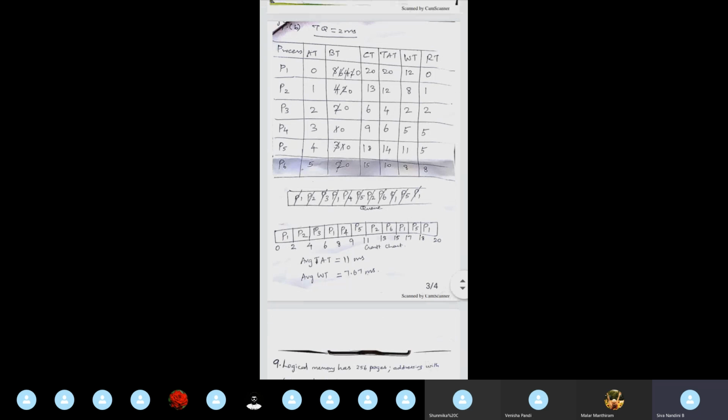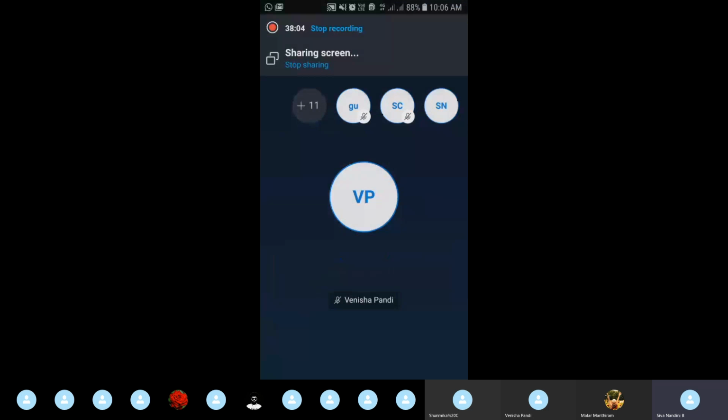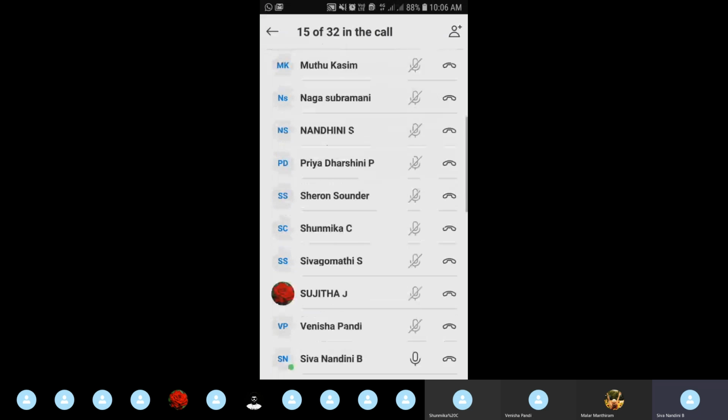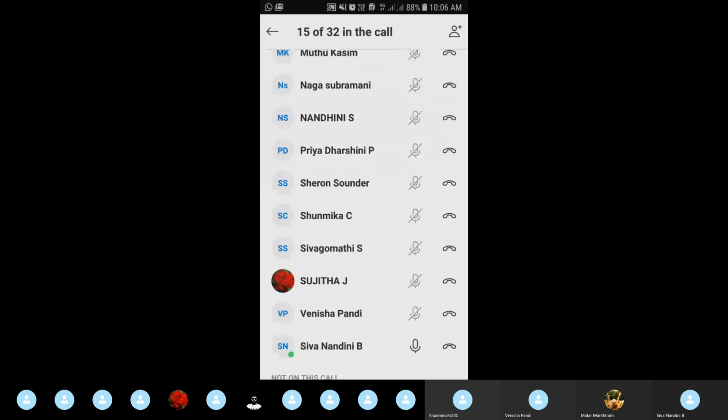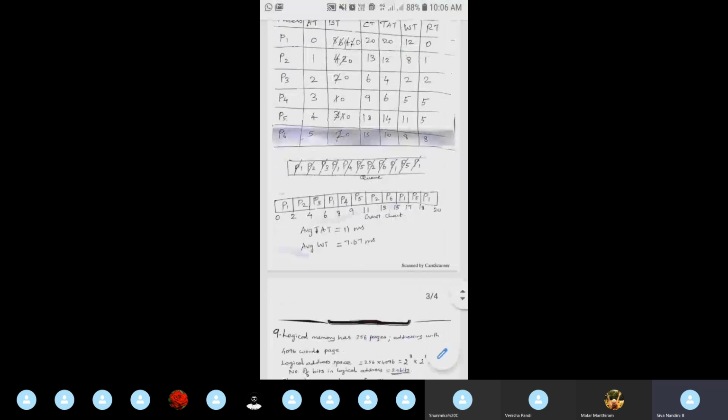So we have to calculate different values for waiting time and response time, because this round robin scheduling algorithm itself is a preemptive algorithm only. Okay, clear? I hope we are all clear with this explanation. This round robin algorithm is not a non-preemptive algorithm. I'm repeating again and again, so be clear.